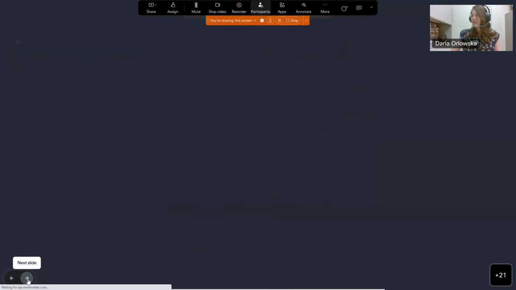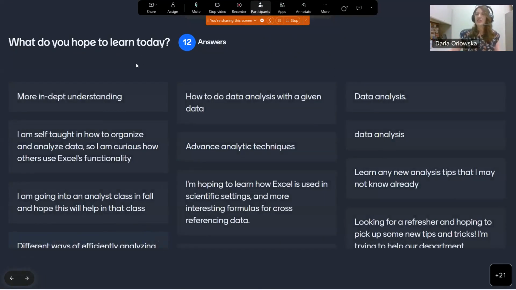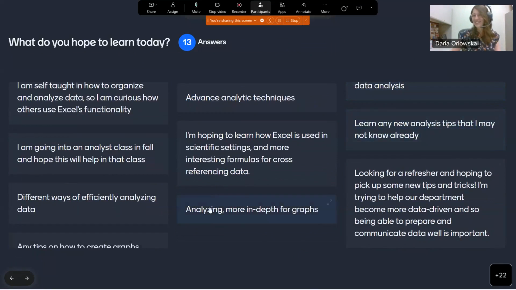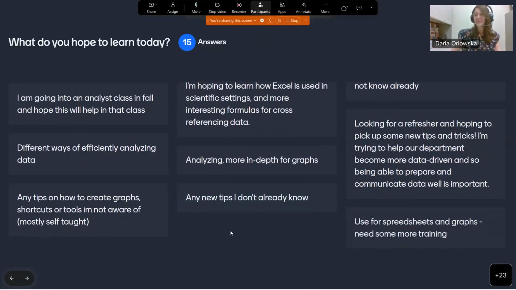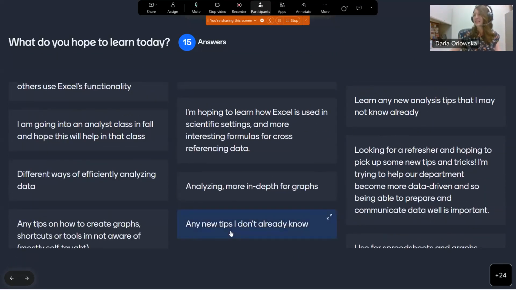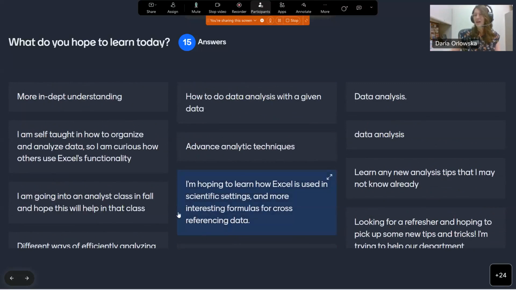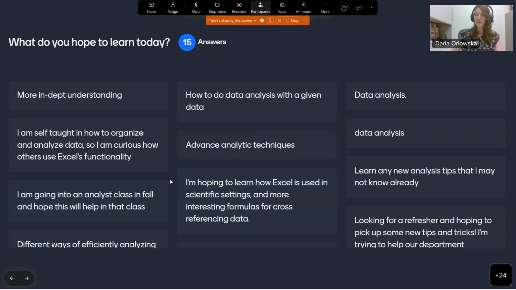And then I'm going to proceed to the next question here. Okay, so some of the things that people are looking for are more in-depth understanding. Yep. Some advanced analytic techniques, lots of data analysis, great. Just what the title of the workshop is. Some refresher and new tips and tricks, definitely. Yes, these are all things that we will hopefully cover. And